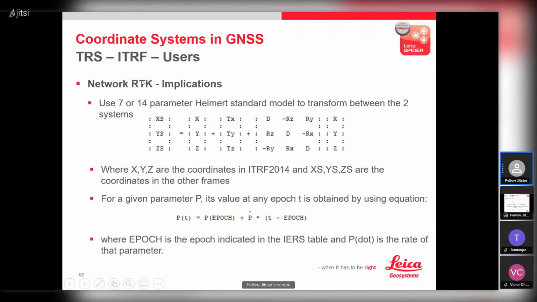Seven means only 3 shifts, 3 rotations, and 1 scale factor. 14 parameters means the time factor is included, so if you make 3 shifts, then you also need to make some velocity estimation. So basically, when you do this,